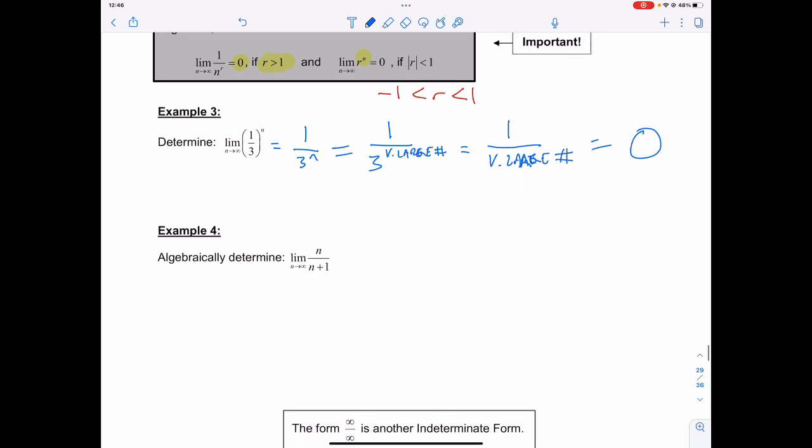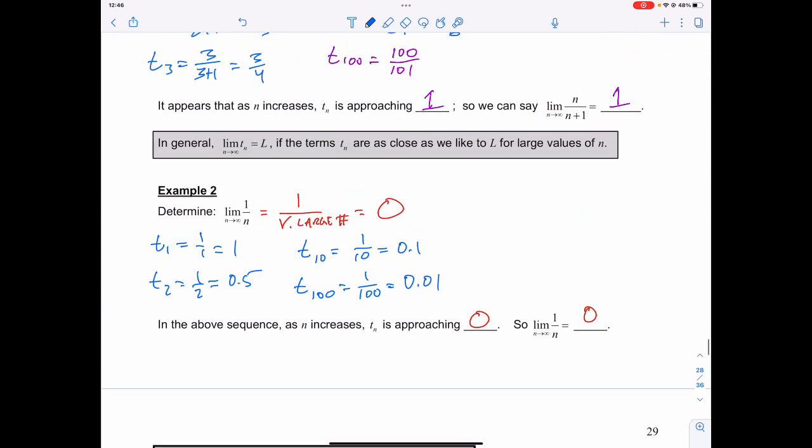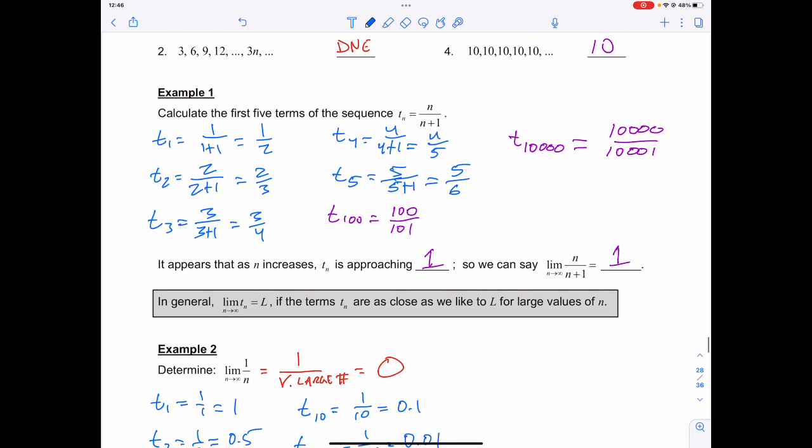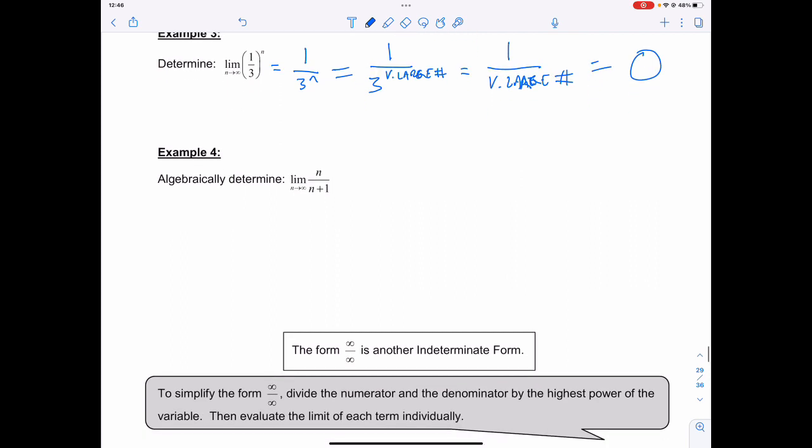Now, how does that apply to example 4, which is, as you can see, the same as our example 1? In example 1, we know that this is going to approach 1, as we've already seen, so the limit should be 1. But how are we going to algebraically show this? Well, if I said that the limit as n approaches infinity of n over n plus 1,